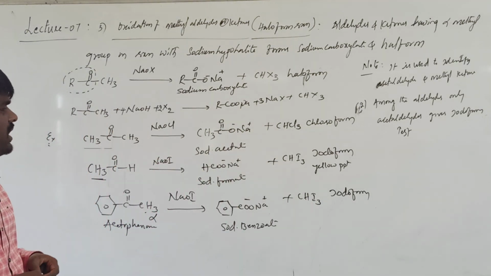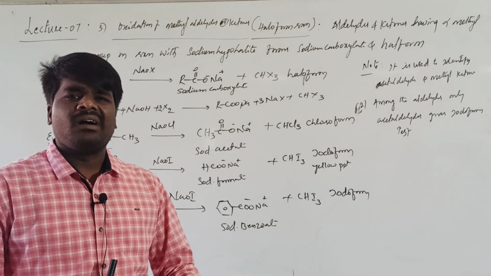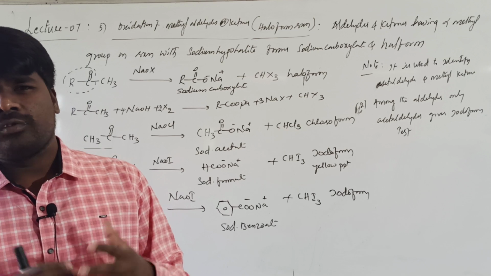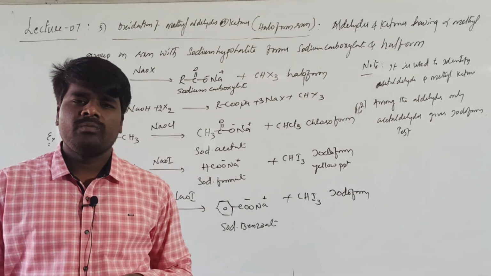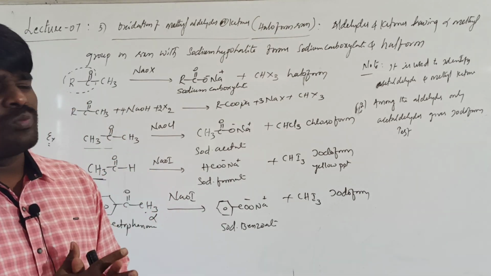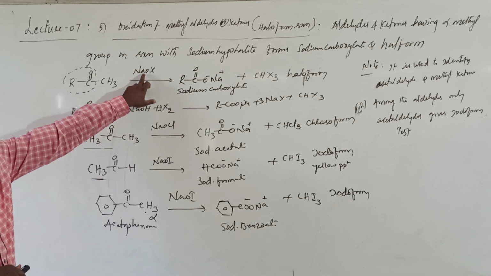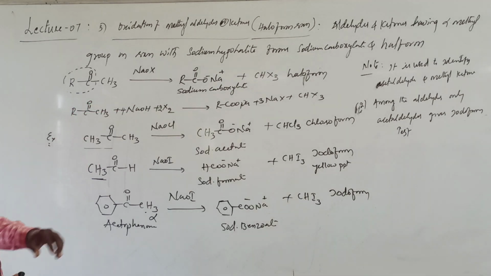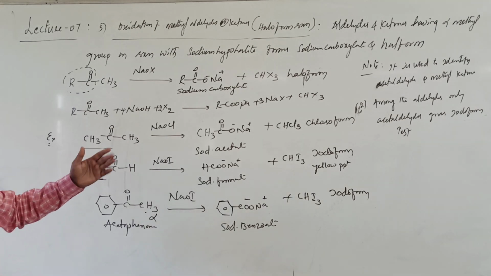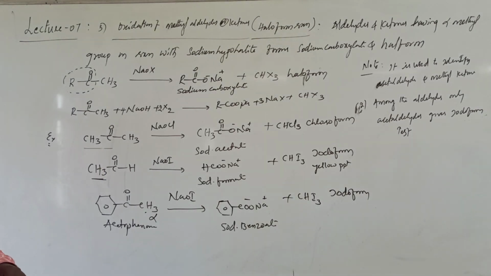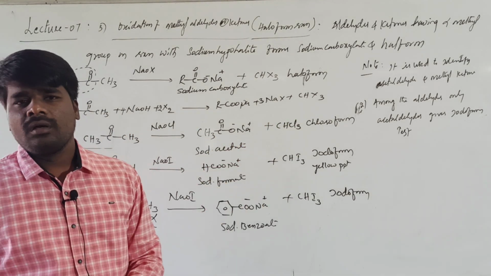This particular reaction you might have already studied in the chapter on alcohols, because alcohols containing a beta methyl group will also give the iodoform test. This is also a very important reaction in terms of boards. So you may get a question from this for 2 marks. The reagent can be given in either form. It can be given directly as NaOH, or it may be given as NaOH plus X2. So you should be able to write in either form. I have given the general equation, and you should be able to apply it to any given question.